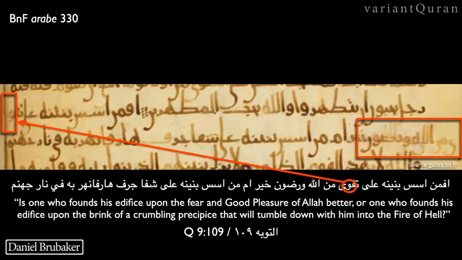But the overwritten text is the final Aleph Maksura of Taqwa, and the word min Allah wa Ridwan, and I believe part of the word Khairun, better than. Okay, so this has been written over an erasure. It does look like the work of the original scribe to me. The writing style is similar. Maybe it's not quite as confident, but I'm not willing to say that it was not the original scribe.